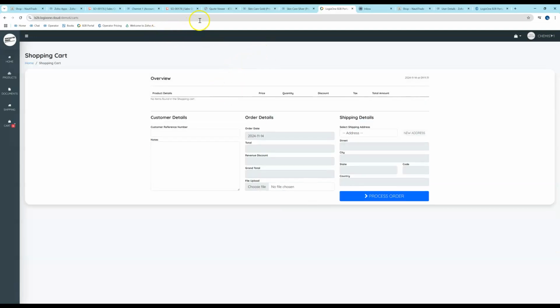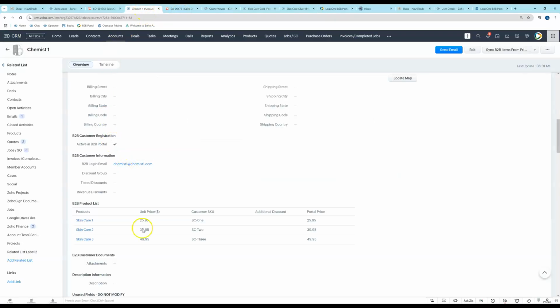And now if I go back into Chemist One inside the CRM here, you can see those prices just quickly. The prices for the portal are being populated from here. So whatever is showing here is going to be pushed out into that portal. So you can modify this. But if I just refresh that,